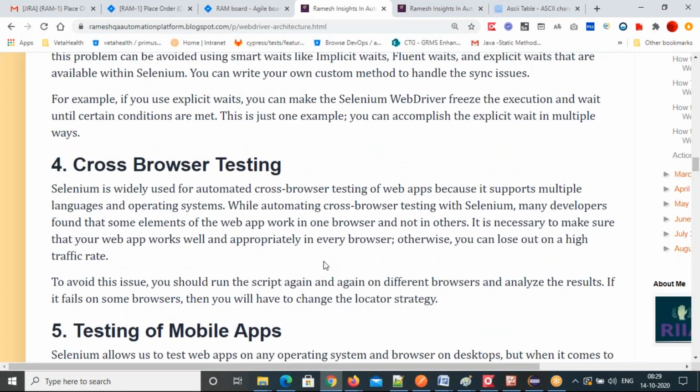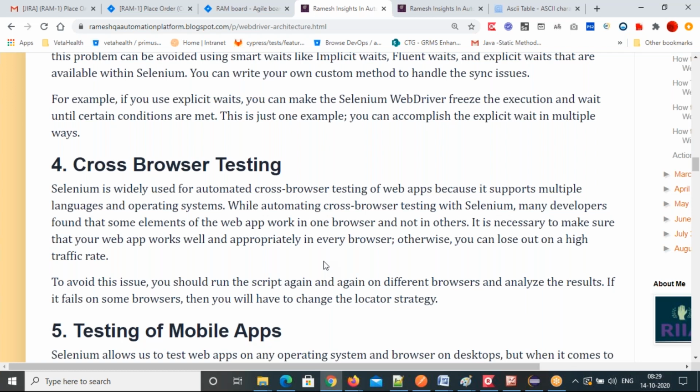Another challenge comes, then how to handle that challenge. Cross browser testing. When you are testing your automated test case on different browsers, it will be a challenge, because in one browser it will work, another browser it may not work. So what you need to do, you have to take necessary actions to make it work on all the browsers, and maybe XPath will change, and you have to change the XPath or method. Some method will work on one browser, and another method will not work in another browser. So you have to make it a common method working on both the browsers.